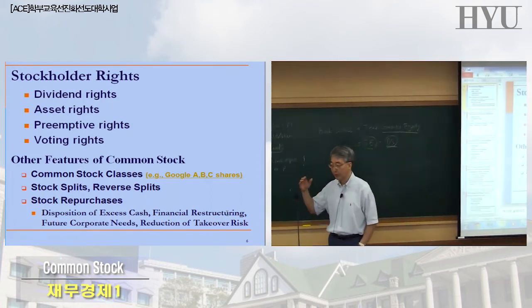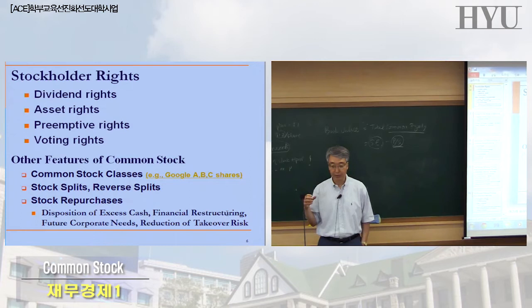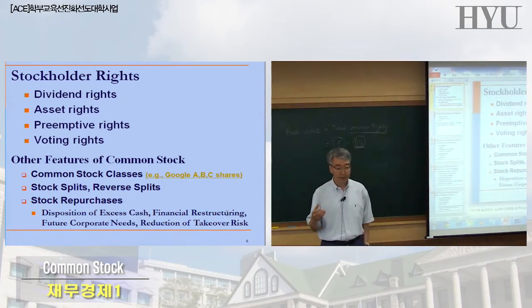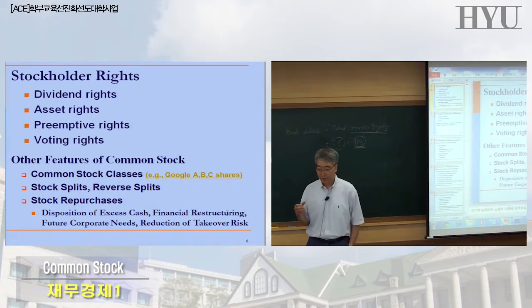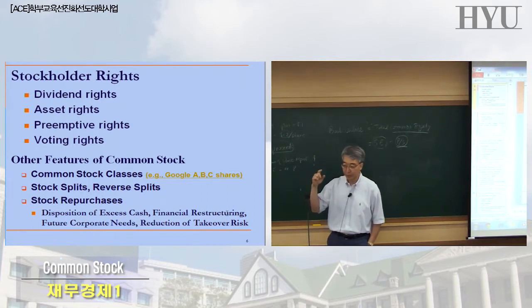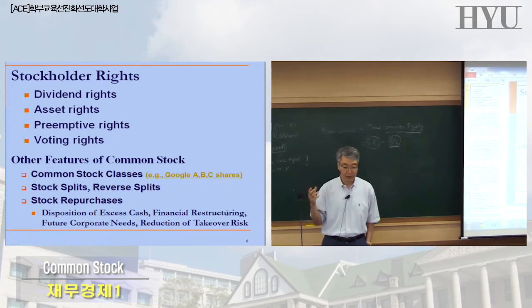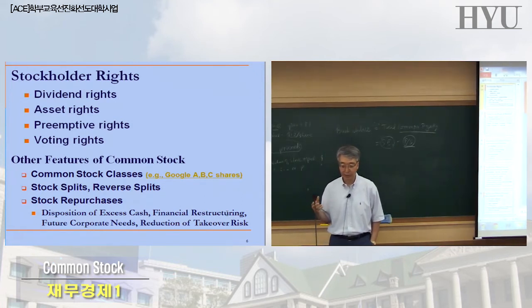Secured bond means when the company issued these bonds, they put up some collateral, like machines or equipment or facilities. So in case the company defaults on this loan, the bondholders can come and take away this equipment and these facilities. So a secured bond, like a mortgage bond, has the top priority. Next to that are debentures. Debentures are unsecured bonds. So the bondholders can come and take away whatever remains in the company.